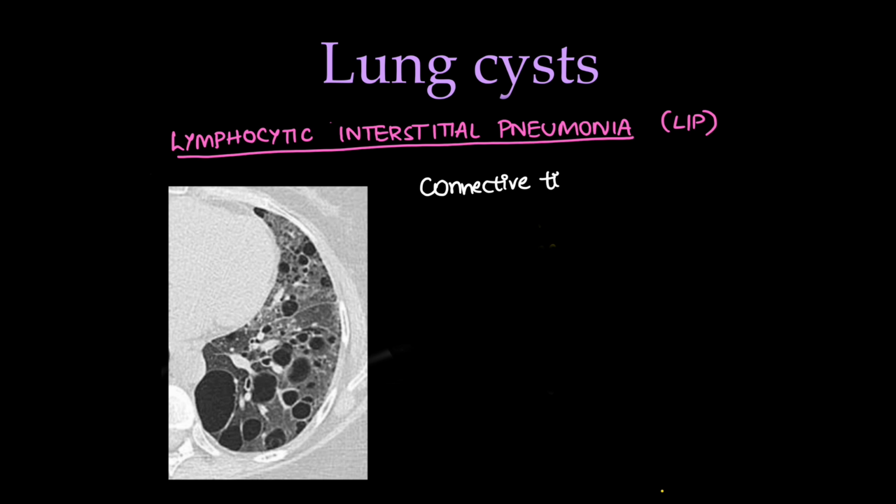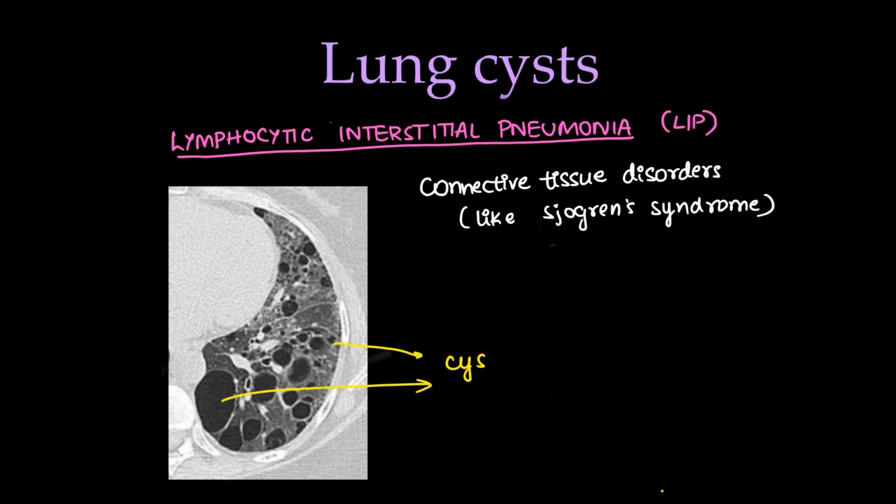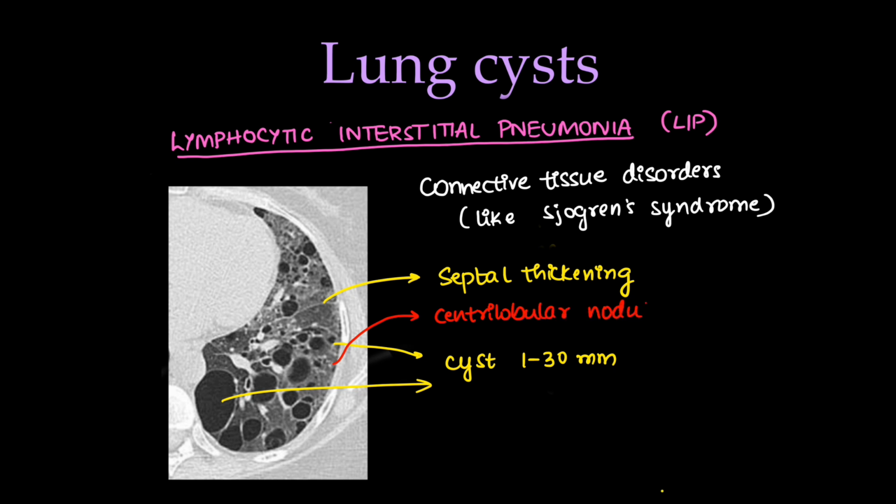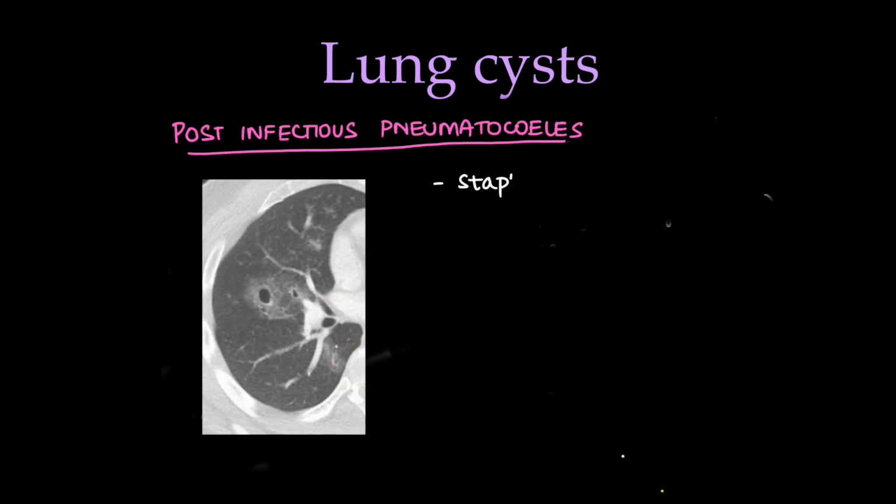This is seen in connective tissue disorders like Sjogren syndrome. Here we can see cystic lesions which are 1 to 30 millimeter in range. They are associated with septal, fissural thickening, etc. with centrilobular nodules. Post-infectious pneumatoceles, we can see here